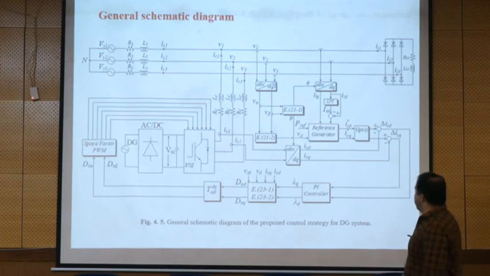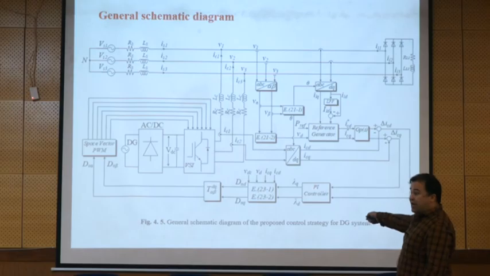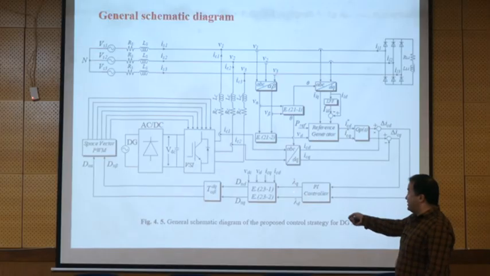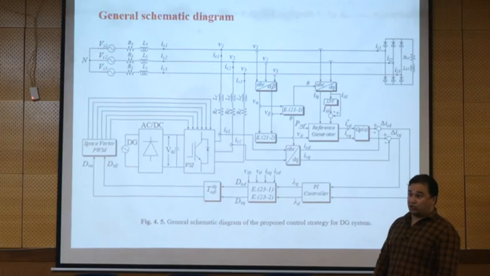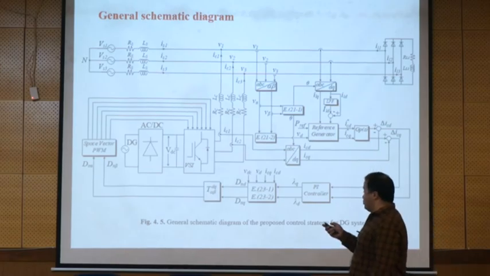So to make sure that it works well, we come to the PI controller, and delta I goes into the PI controller, delta Id in the PI controller, and we create lambda D and lambda Q. Okay? Based on this lambda D and lambda Q